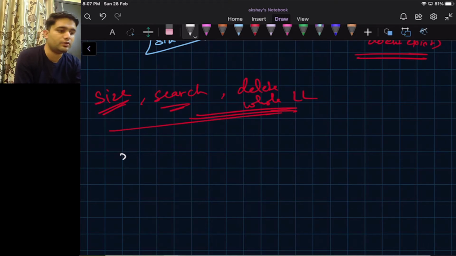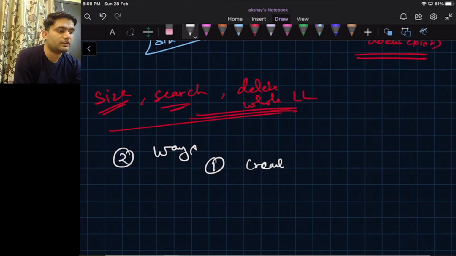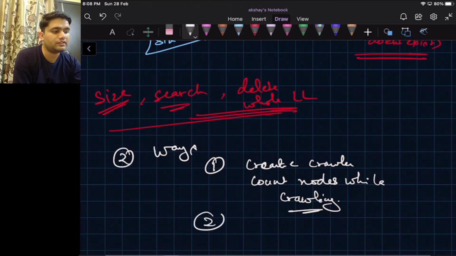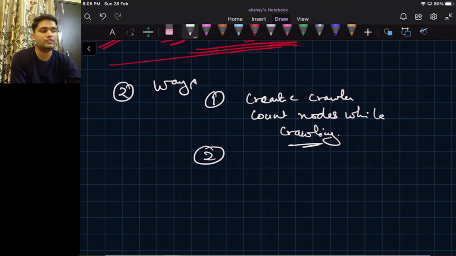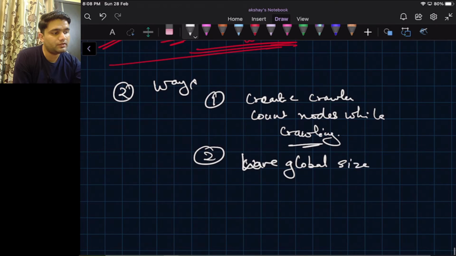There are two ways we can do this. First is we can create a crawler and count how many nodes are there while crawling. Second is we can have a global size variable.